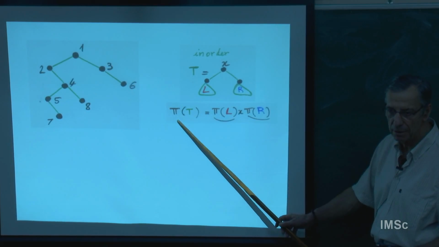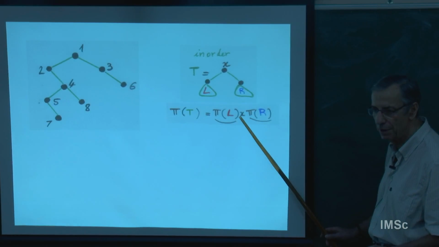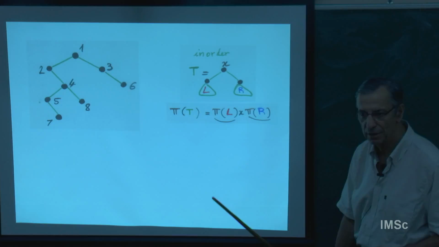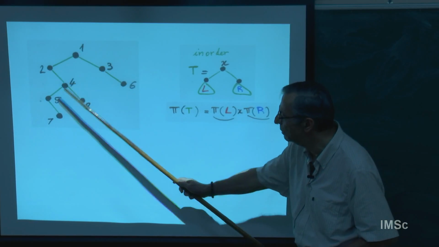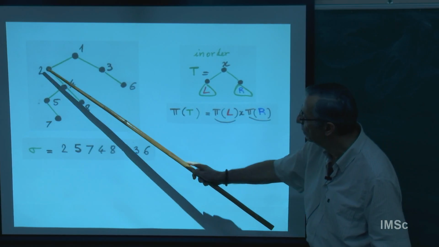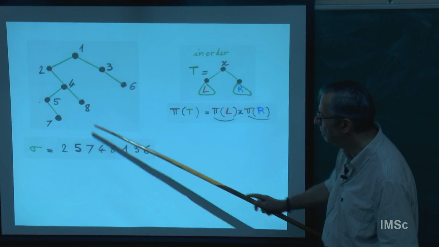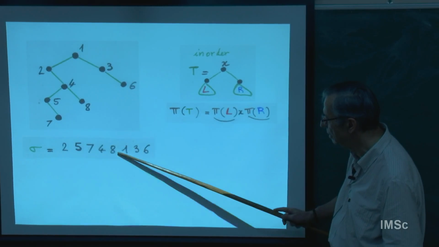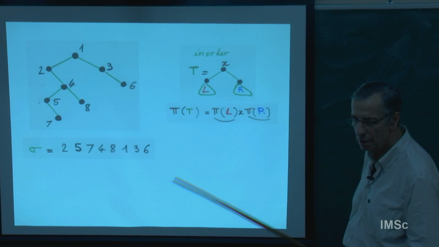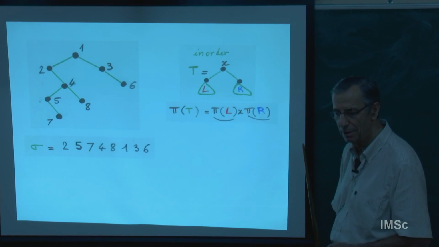I put P for projection. The projection of the binary tree is a word: the projection of L, followed by X, followed by the projection of R. The letters are exactly the vertices of the tree. So if I take the label as the letter, then I get a word. First you go to the left subtree, empty, then 2, then the projection of this, where you put 4 in the middle, the projection of this, 5, 7, the projection of this, 8. So we are finished with the left subtree. This is the root of the tree. Now I project 3, 6. And I claim that this is a bijection. We will make intensive use of this bijection next week in the n factorial garden. See chapter 4.